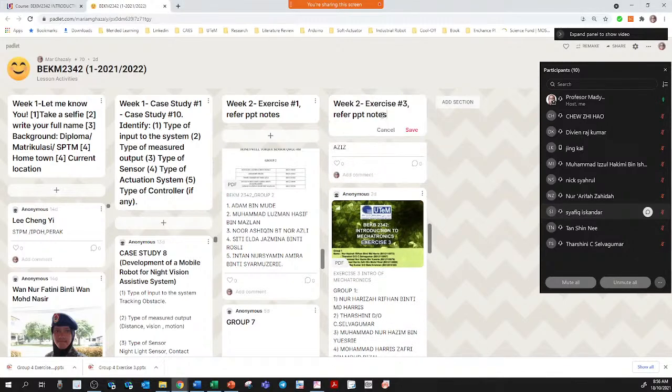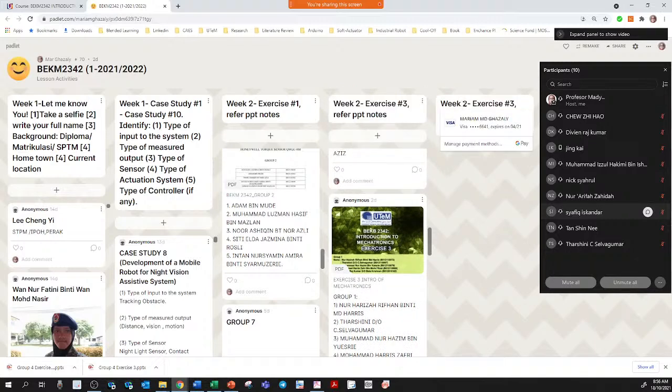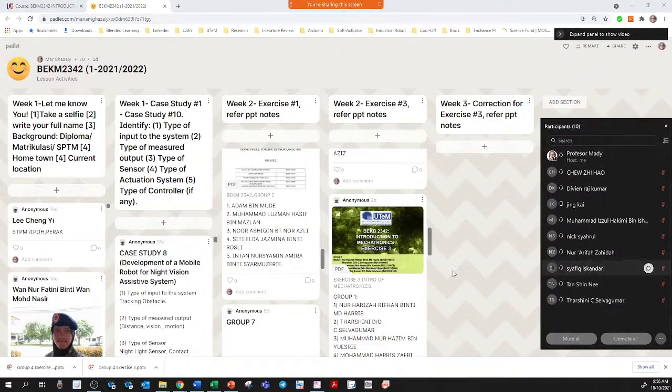But with exercise 3, here is a correction exercise. Correction for exercise 3 means that even though I commented only on one group,